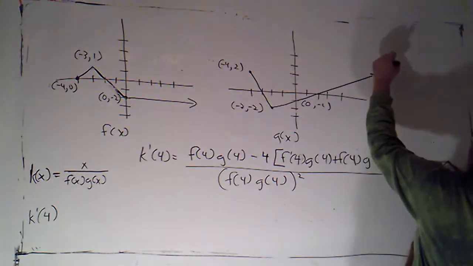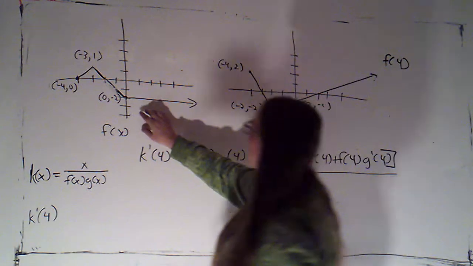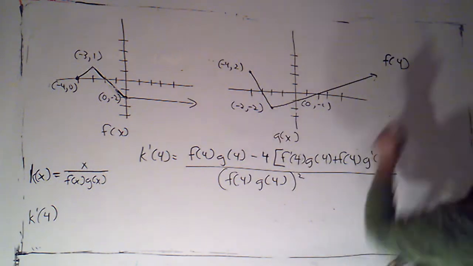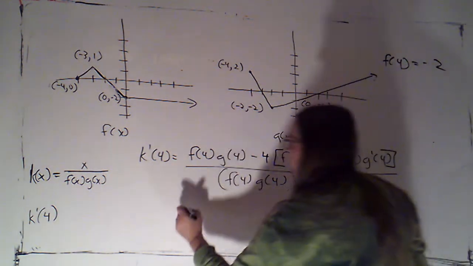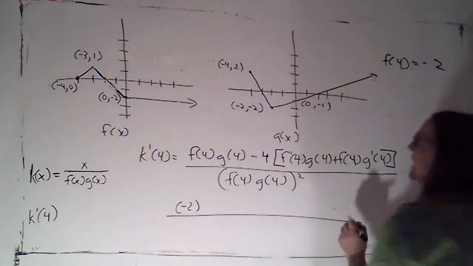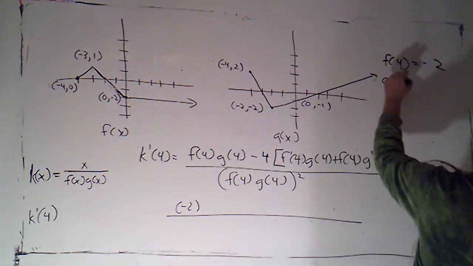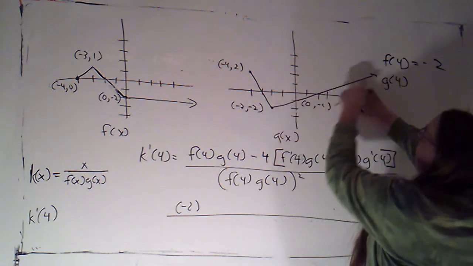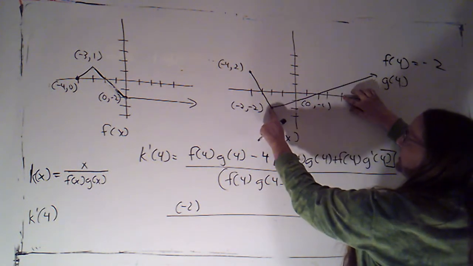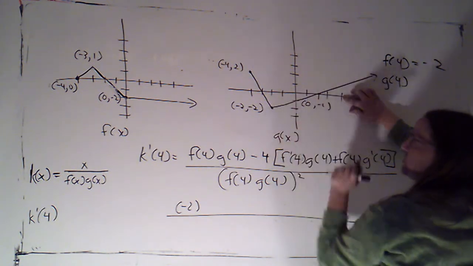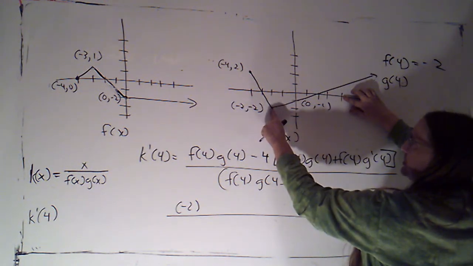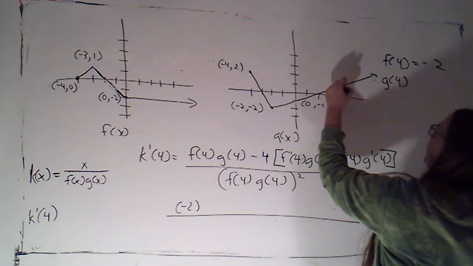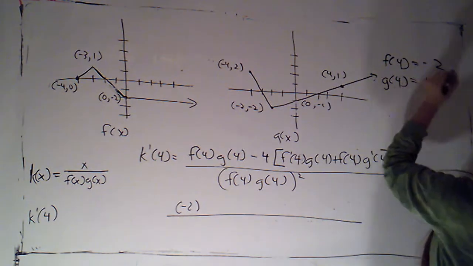Okay, so what's f of 4? Well, here's f, here's 4. It looks like we're constant at a height of -2 at that point. Okay. So that's going to be a -2 times g of 4. Let's get that. So here's g. Okay. Let's see. Over here at 4, we're on this line segment. So we were going up at a rate of 1/2. So every time we go over 2, we go up 1. So -2, -2. Then we were at 0, -1. We'll be at 2, 0. Looks like we'll be at 4, 1. So g of 4 will be 1